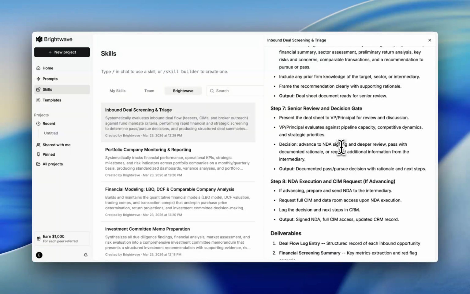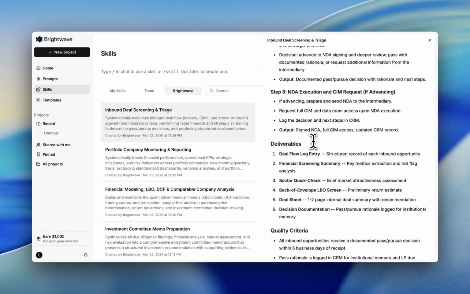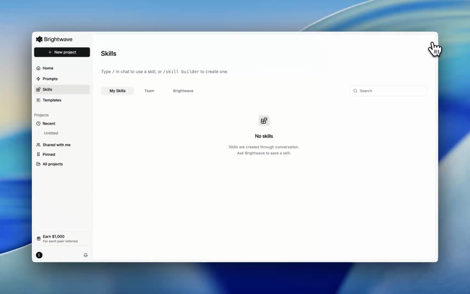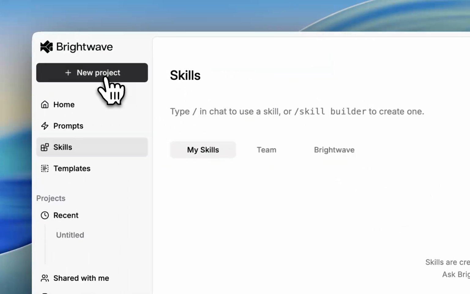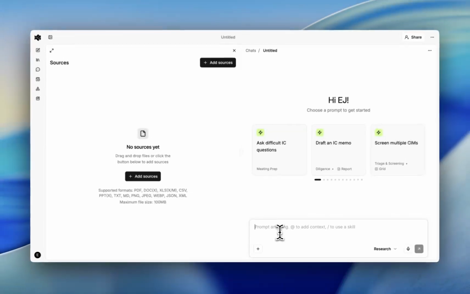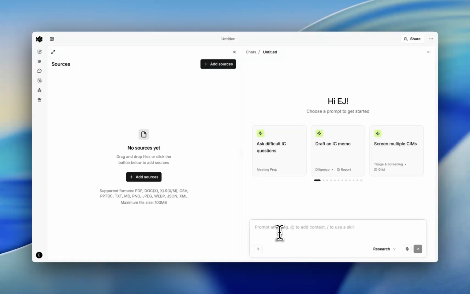Very similar paradigm with skills. This is where you're going to go to create or see the skills that you've created in the past. Those skills are meant to replicate your firm's research process. To get started, to create a skill, we're going to open up a new chat, and we're going to say something quite simply as, make a skill for writing my end of quarter portfolio company